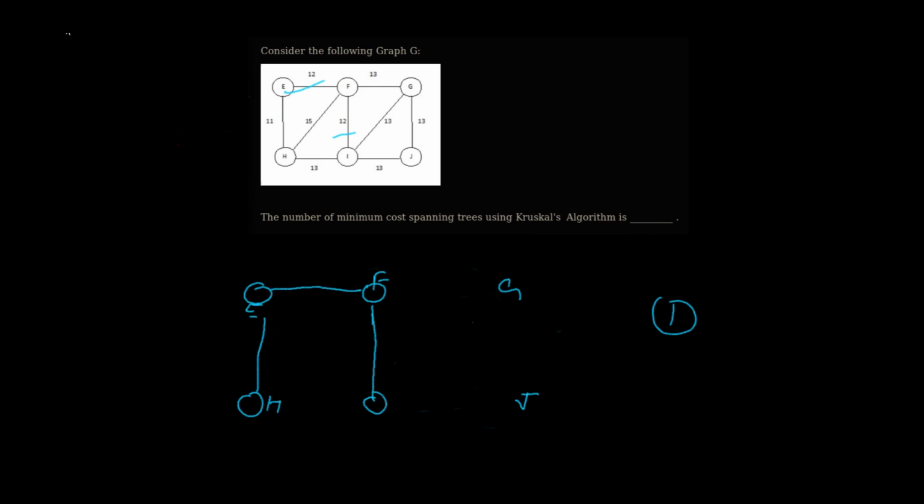So we'll choose this branch and this edge. So it will be another